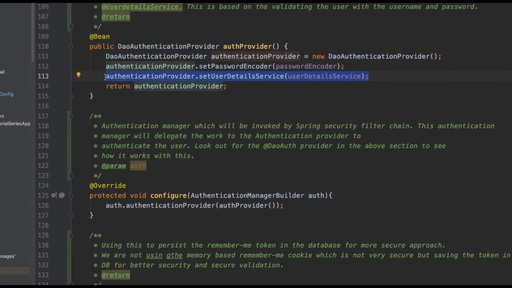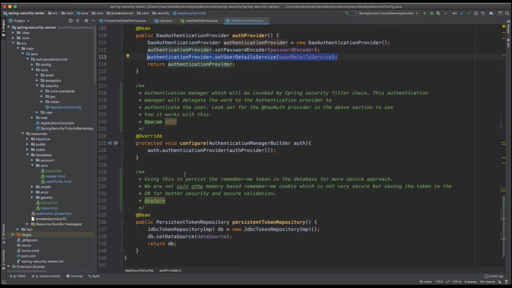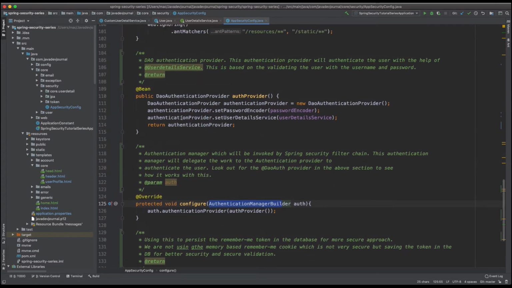Correct. So once you fill in your username and password, Spring Security interceptors or a filter will come into the picture. They pass the control to the authentication manager. The authentication manager is going to use the DAO authentication provider, and the DAO authentication provider is going to use the user detail service.